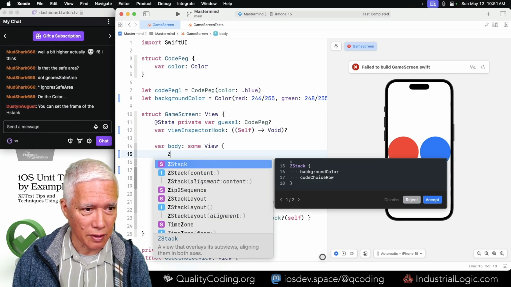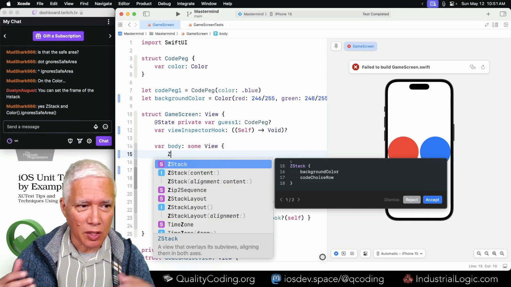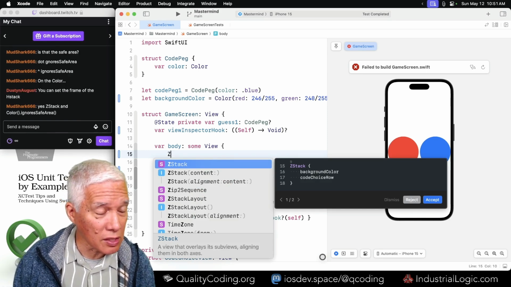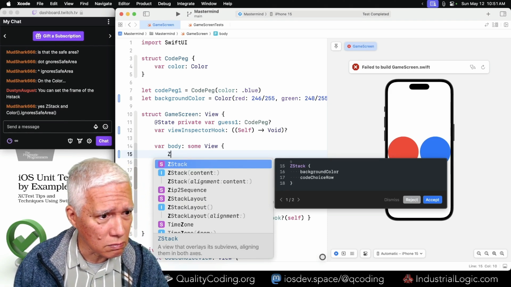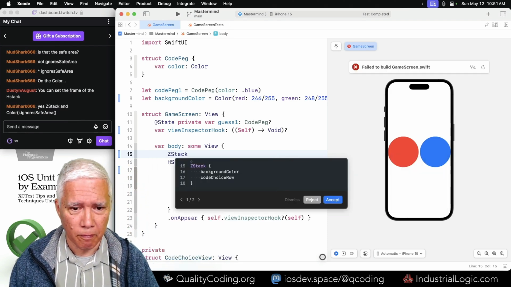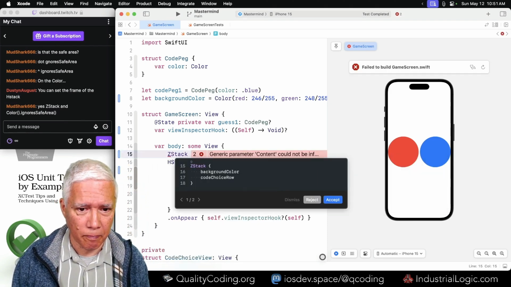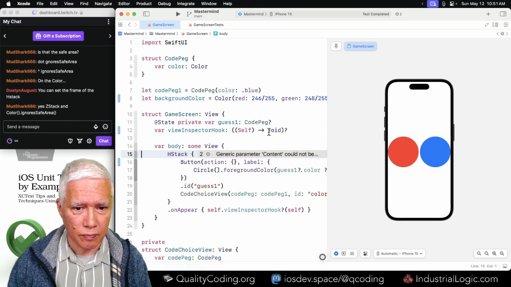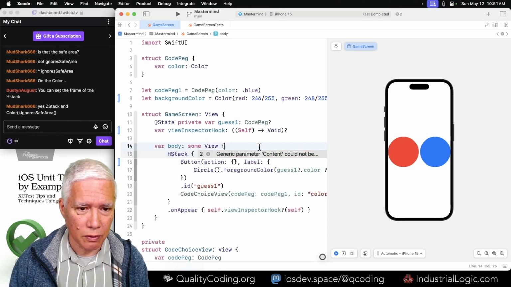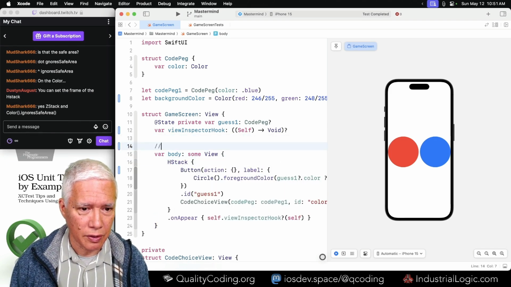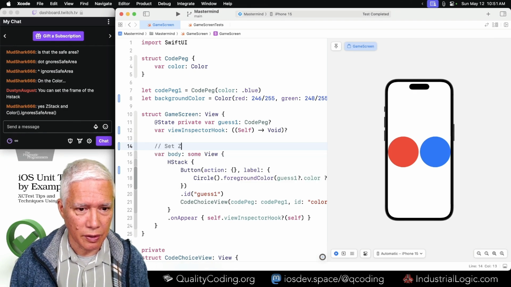Hi, Dustin. Can set the frame. Yeah. Not sure what it should be. Z stack and oh. Here we go. Let's Z stack